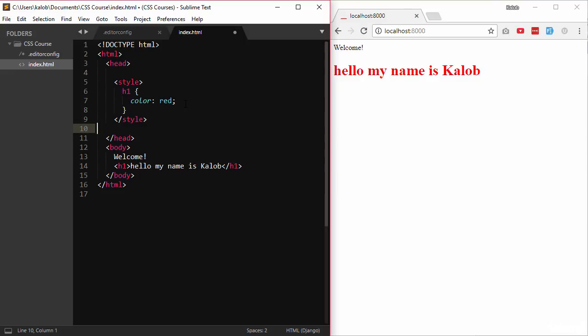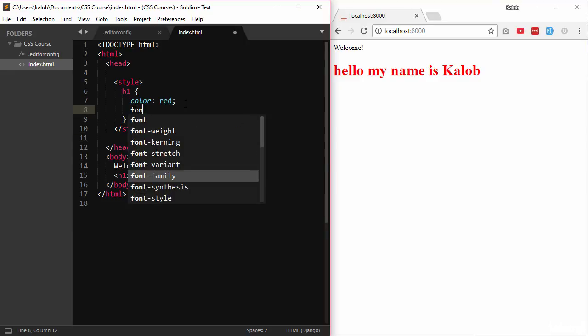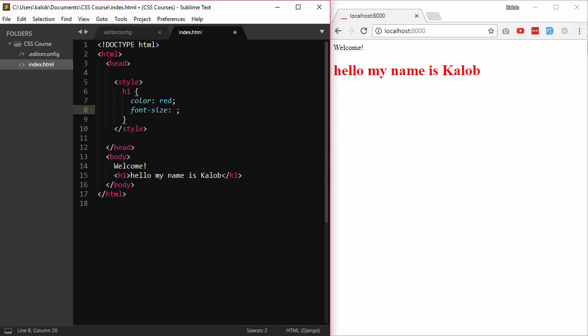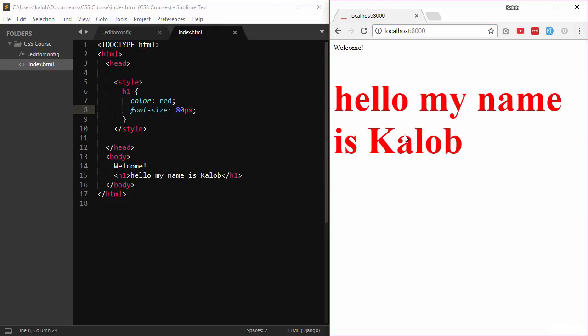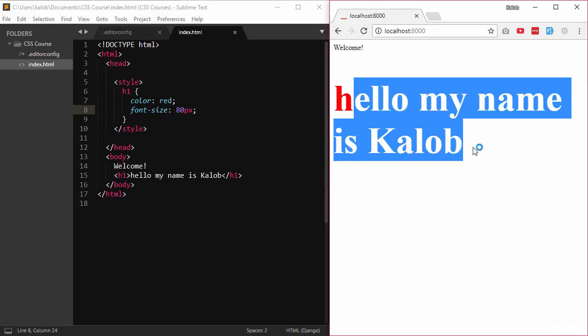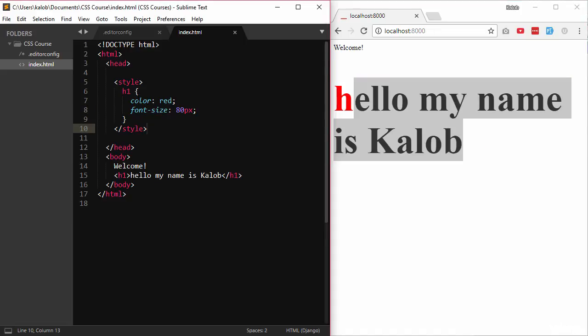Now, if we want to, we can add multiples. So it doesn't just have to be one at a time. We can also write font size, and let's change the font size to something huge. Let's say 80 pixels. And we're going to get into pixels, font sizes, and all this stuff down the road. Refresh the page and look at that. It's huge. And so now we have two declarations. We've got line 7 and line 8. We have our selector here on line 6, and we just have a closing bracket, which basically wraps all this